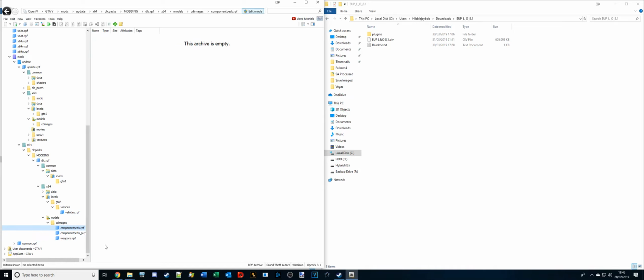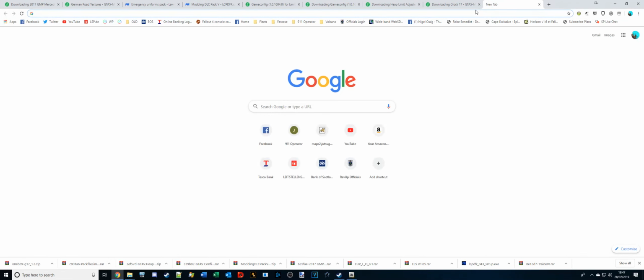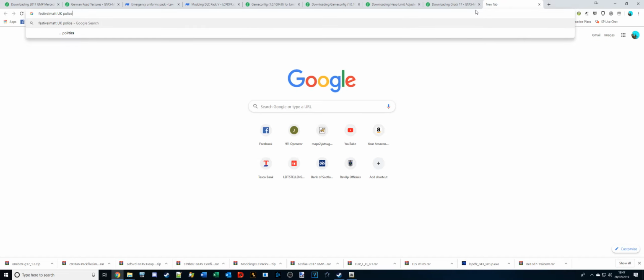The component peds go into here, and the component ped props go into the _p folder, and that lets you overwrite the base game peds with ones that you've got. So if I do, I don't know, if I look over here, Festival Mat UK Police,